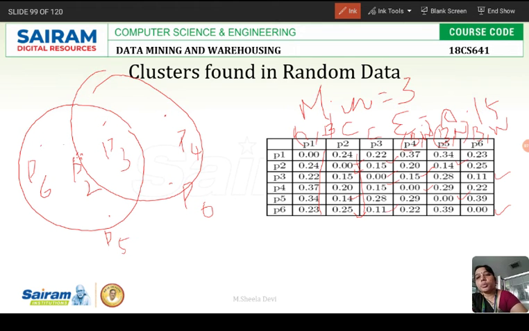So now P2 is a core point and P3 is a core point. Now we have to check P4, P6, P5 and P6. Already P6 is there. So P3, P4, P5. P6 should be in the border of both. So what we have to do? I am deleting here and I am putting P6 here, because P6 is there in both P2 and P3. Okay, fine.